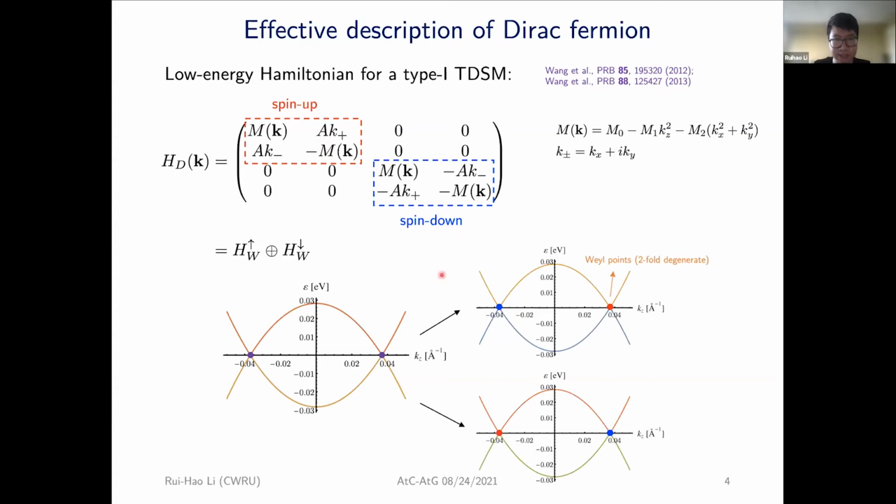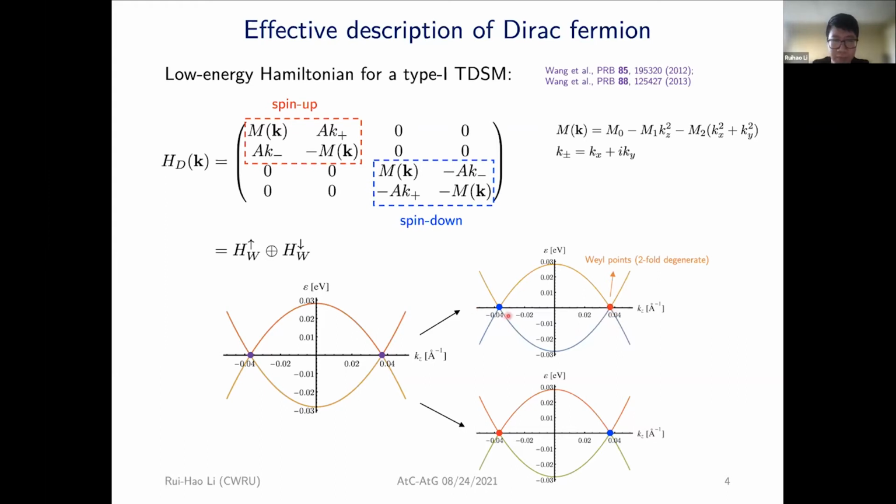In this sense, it's easy to think about the Dirac Hamiltonian as really two copies of Weyl Hamiltonians, as shown in the schematic down here. Basically, if you isolate out the spin up or the spin down block, then each of them will be describing a Weyl semimetal, which has two Weyl points on the kz axis. And these Weyl points are twofold degenerate, and they come in two different chiralities, indicated by this blue and red